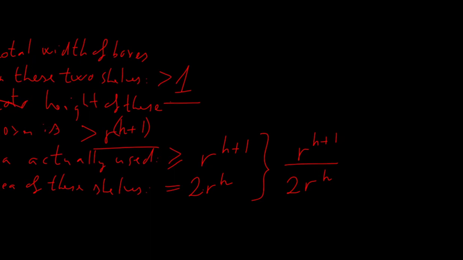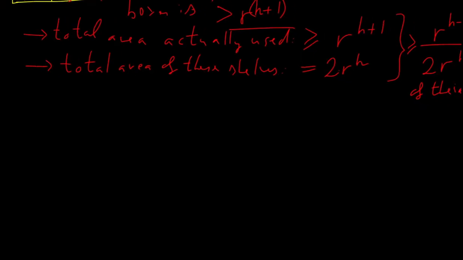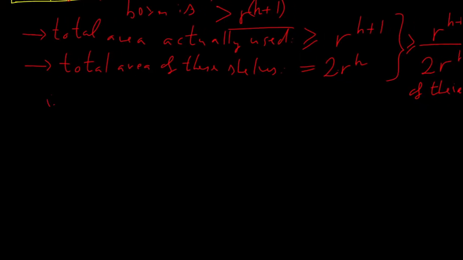So at least this amount, which is r half part of the area, is used. So for example, if r equals 1/2, then we are using r half, which is 1/4, or a quarter of the area is actually used on these shelves. So for example, if we have say